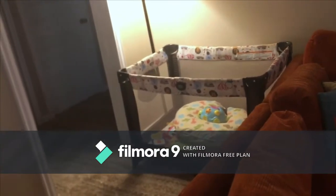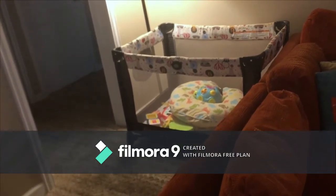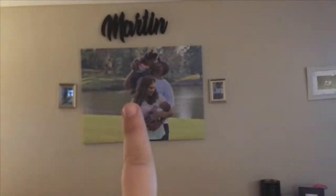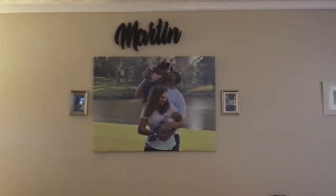And then a playpen for my son. When we're not using a toy or his boppy or whatever, we just throw it in there and pull it out when he is playing. My favorite picture I got for my birthday. Basically, my plan is to cover my walls in pictures because that's what I'm going for. And then straight across from the living room,